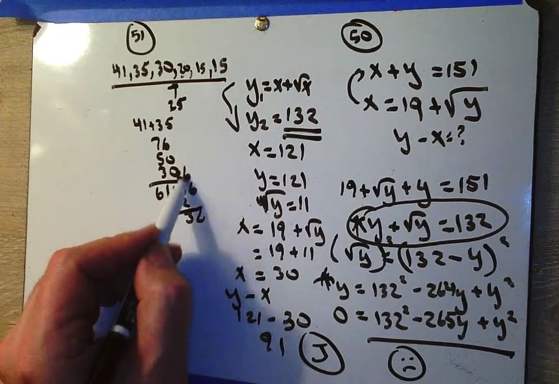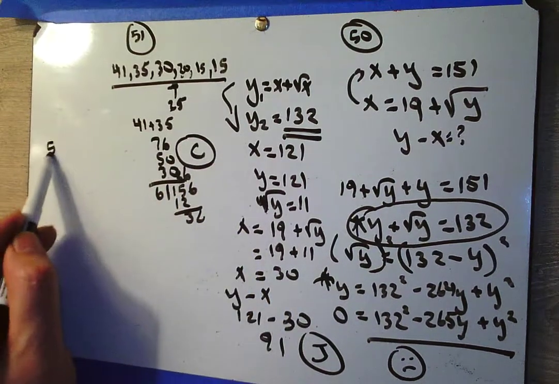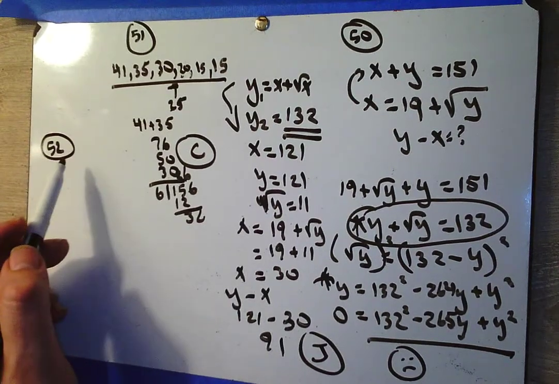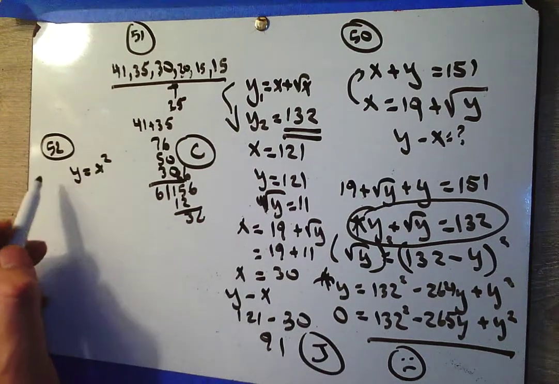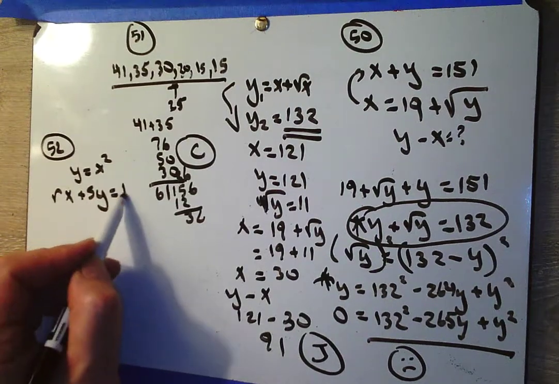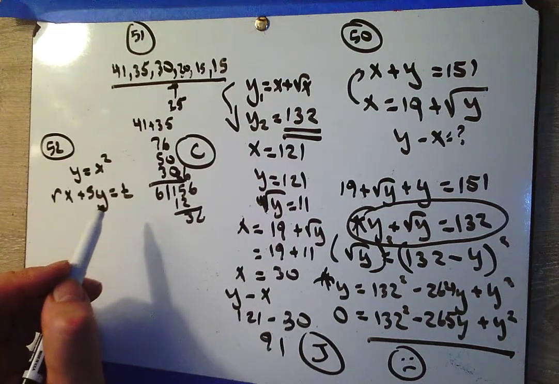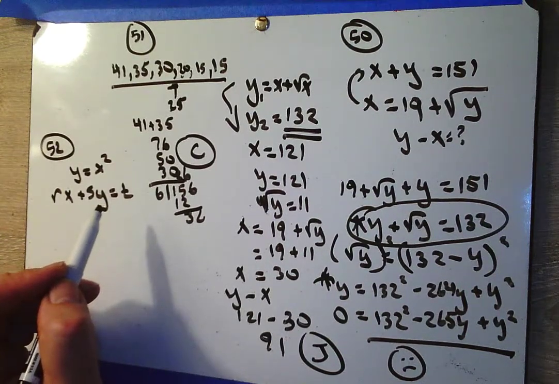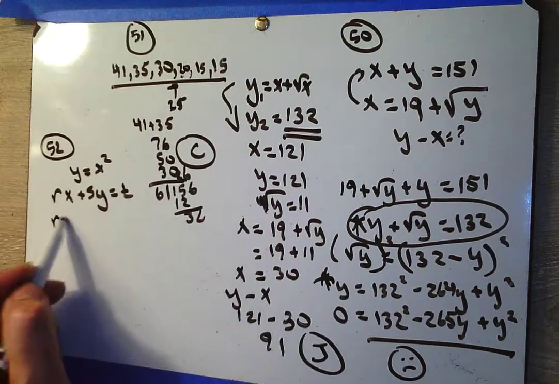With 36 left, 26, and that's choice C for number 51. 52. You're given the following system: y equals x squared, and rx plus sy equals t. For which of the following, r, s, and t are integers, for which of the following will there be more than one solution? Well, if I replace y with x squared,